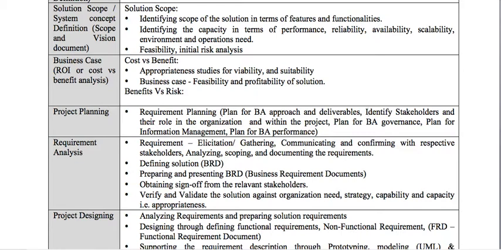So if you see, these are the tasks, and that is the task to be completed, and at the end of the task there are the outputs or the deliverables mentioned. So that we will have to do. That is basically your role during the